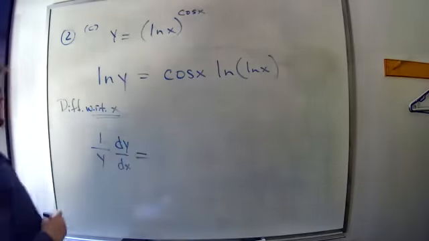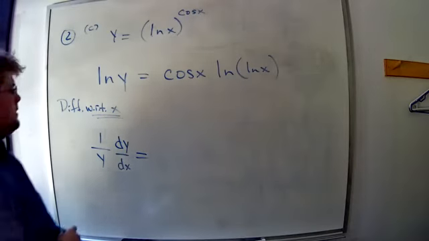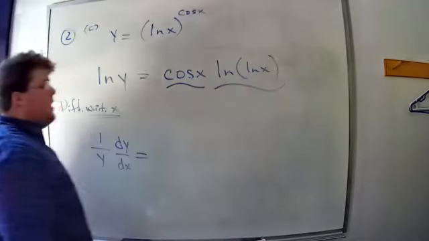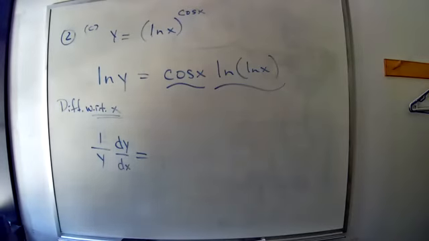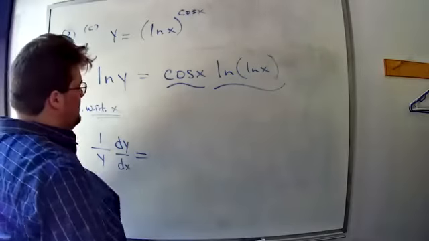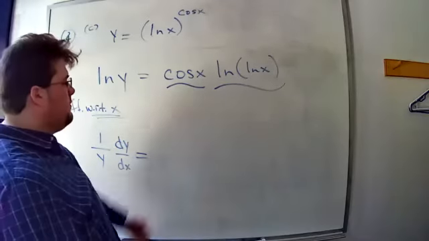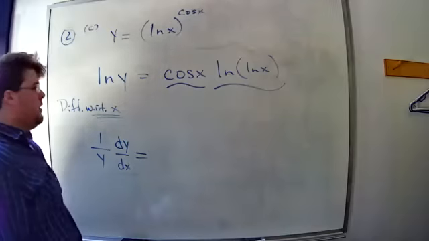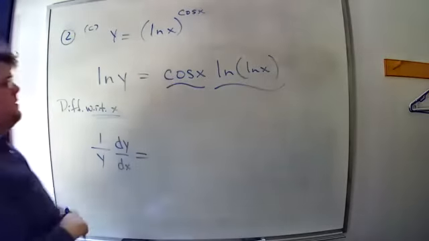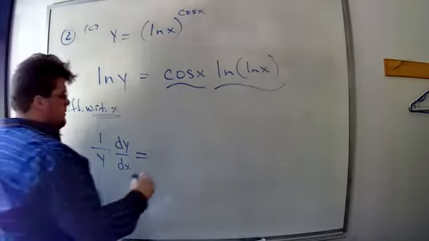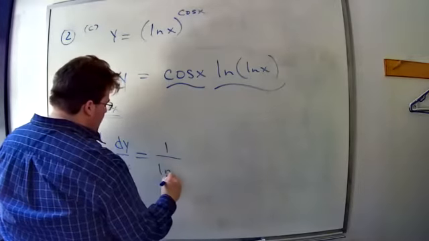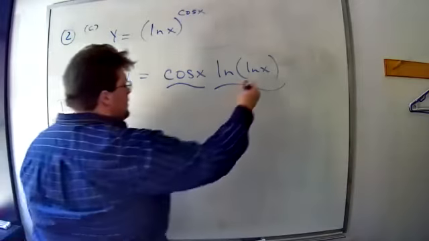On the right side, what do we get? Well, we again have a product, so we'll need the product rule. I want to do the derivative of cosine second because of the negative, it'll look better. So I'm going to flip the product rule around. Derivative of log x. Well, what is it? Derivative of a logarithm is 1 over the inside. The inside